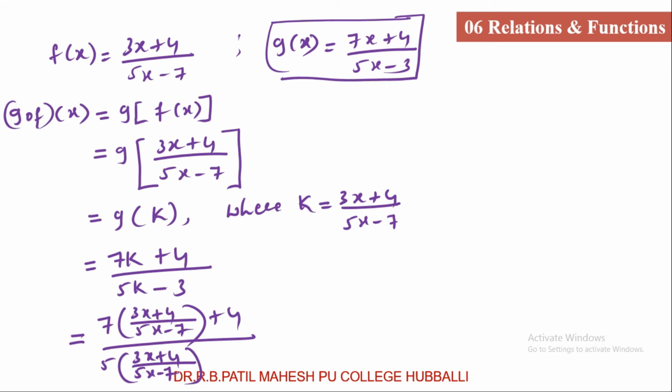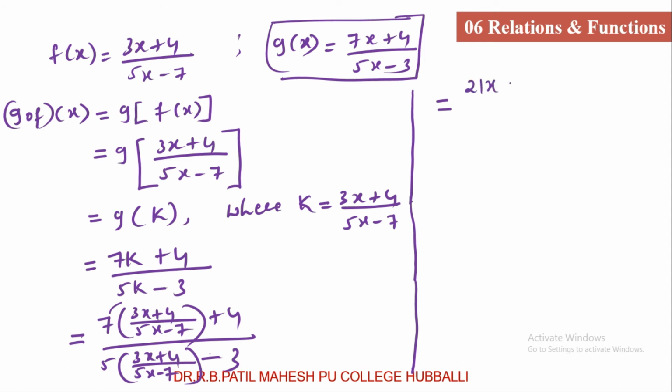This is the denominator, 5k minus 3. Hope you are understanding. I am replacing the k function. That's it. Now I am going to simplify. 7 I will multiply to the numerator, so that what I am going to get,